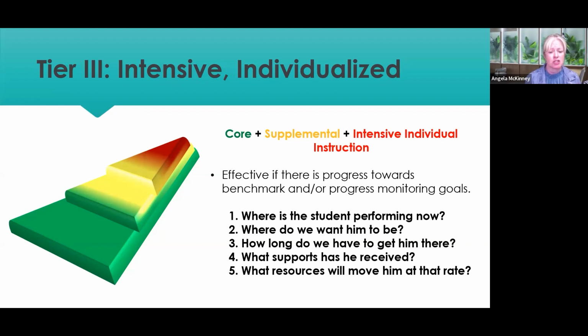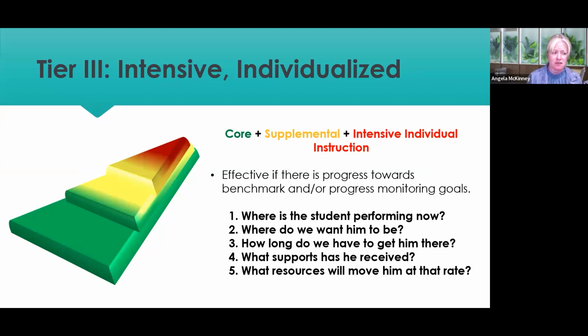Because sometimes interventions are not effective at tier 2 because it was an intervention for reading, and I also need some behavior support or some attention support, right? If I can't focus during the intervention, I don't get anything out of it. If my meds wear off at 2 o'clock and my intervention is scheduled from 2 to 3, I don't get anything out of it. If I'm a student who can't operate in a larger group, and at tier 2 we were doing something that was 5 to 7 kids in a group, I may need to be in with just 1 or 2 other students.